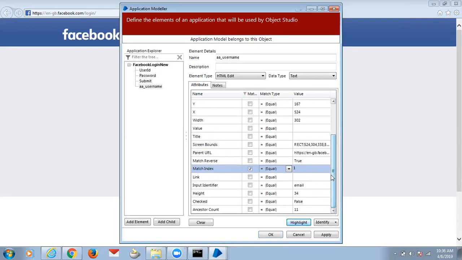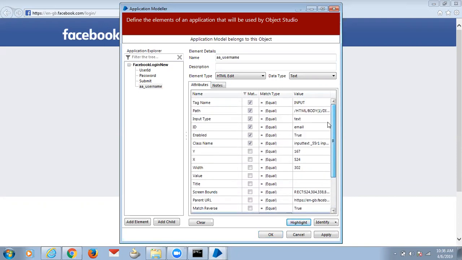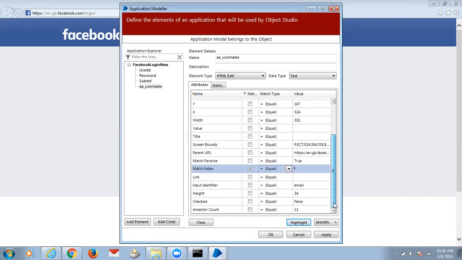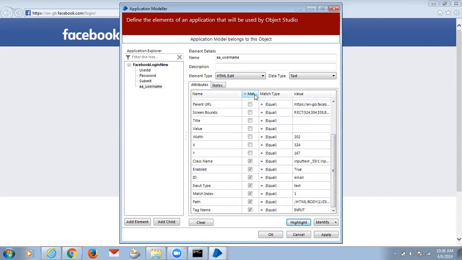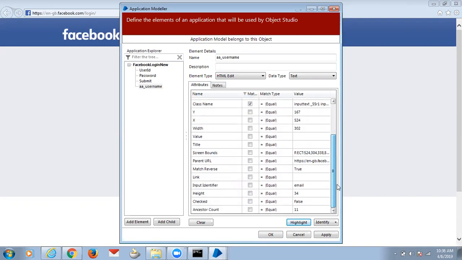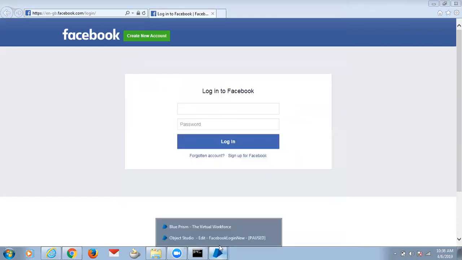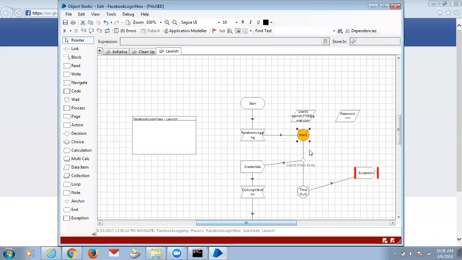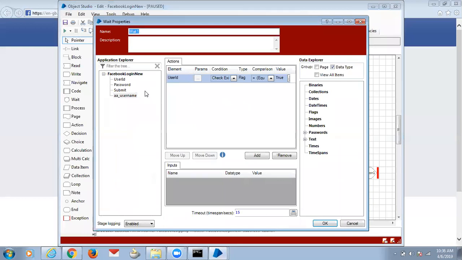Match index and the order, both will be checked for quick identification. Apply. Okay. Now what I will do is a wait state with this.